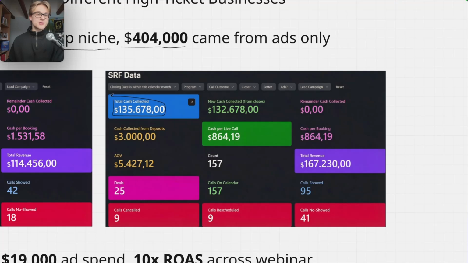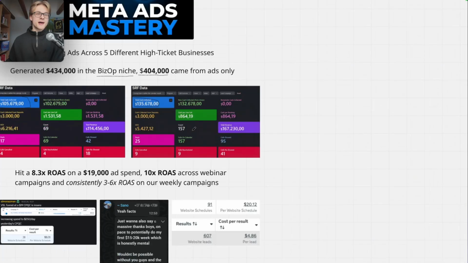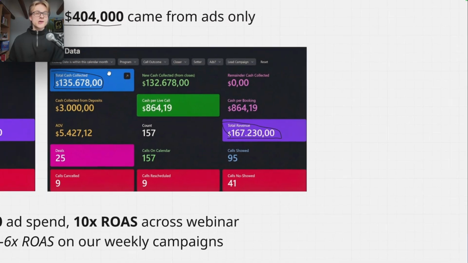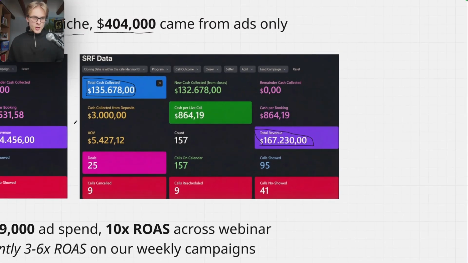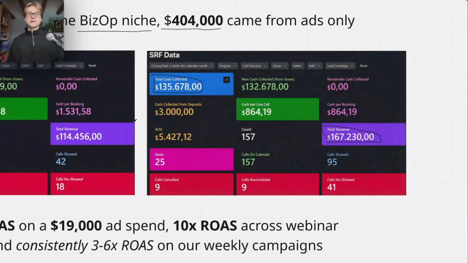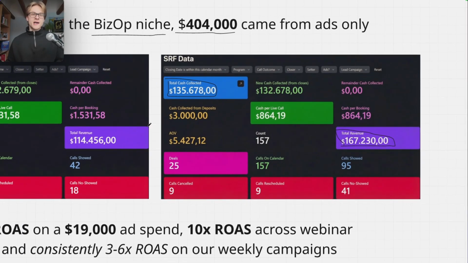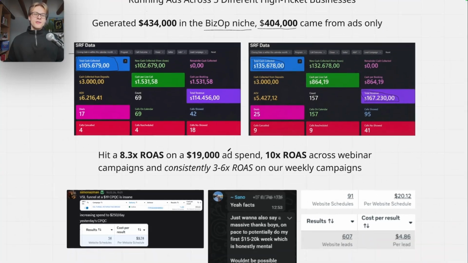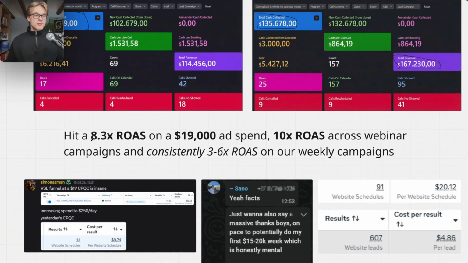And this is literally one single campaign where we spent $90K on and generated $167,000 in revenue and $133,000 in cash. Obviously in profit would be a bit less, minus the ad spend, minus the commissions, minus the software costs, but still 6 figures. On this campaign, we had an 8.3x ROAS, so return on ad spend.